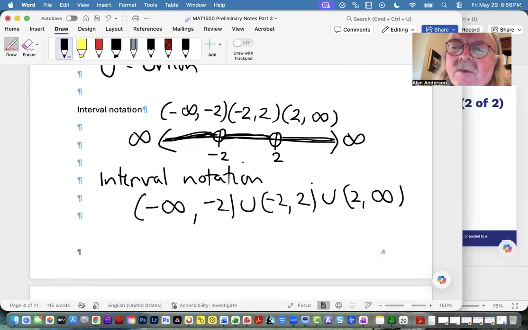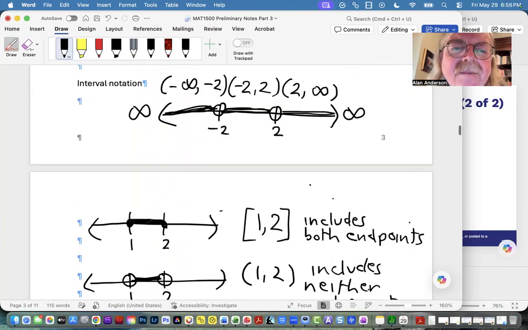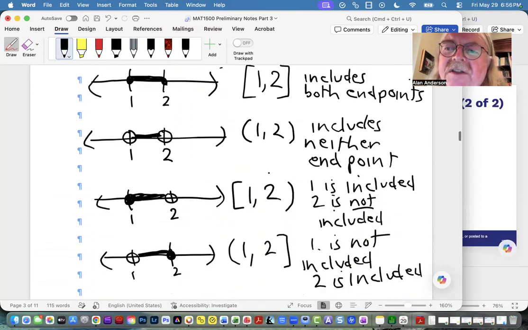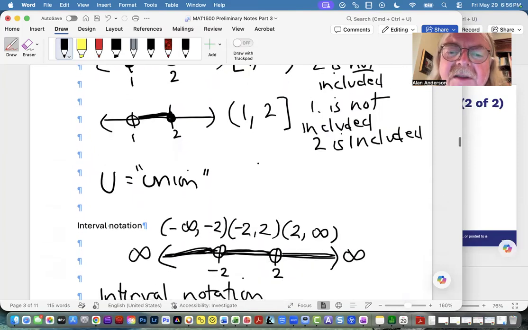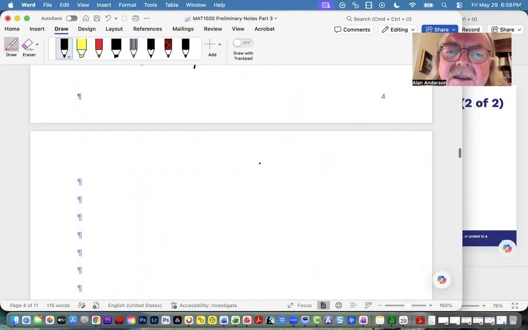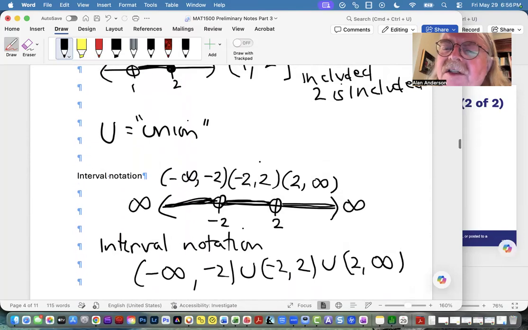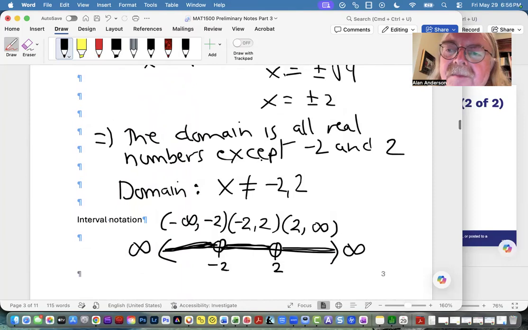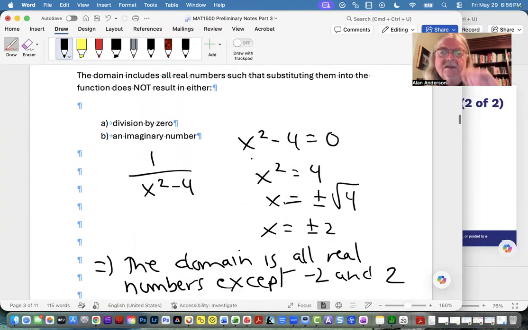So, you might say, well, why don't we just write this? I think that WebAssign will insist that you use the interval notation. Okay, that's part of the reason, but you should be familiar with both of them. Okay. Now, we're going to go to Symbolab and see what this thing looks like so you can visualize why negative and positive two are not part of the domain. Okay,